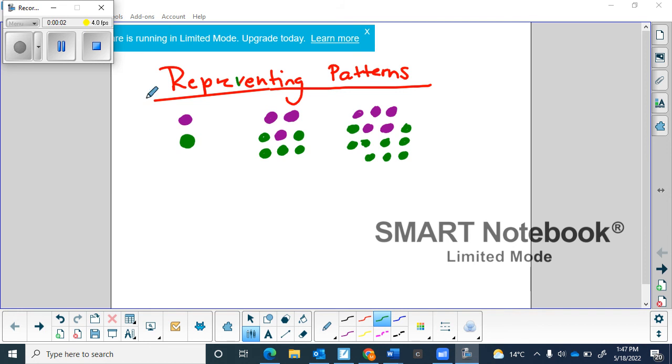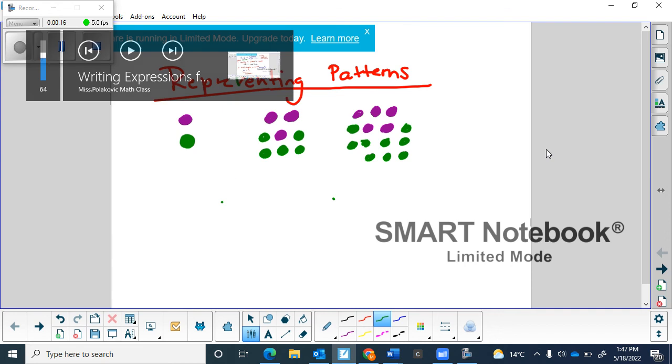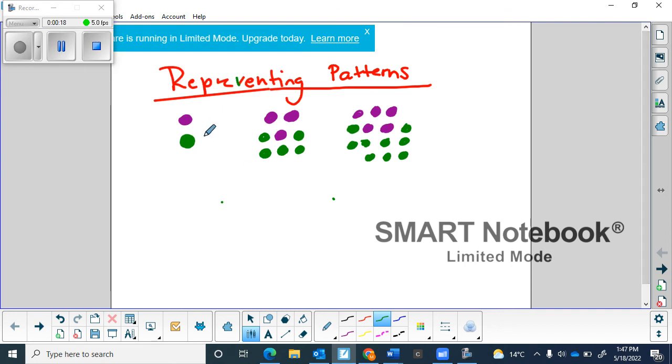So this entire unit that we're learning is all about finding patterns, but writing the equations for patterns so that we can actually solve using these patterns. So my very first thing is I have a pattern on the board right now. We've got purple dots and then we've got green dots here. We want to identify, well, what if I wanted to know